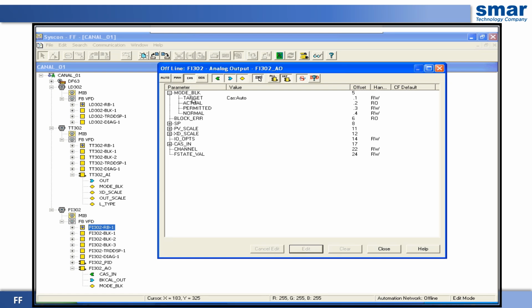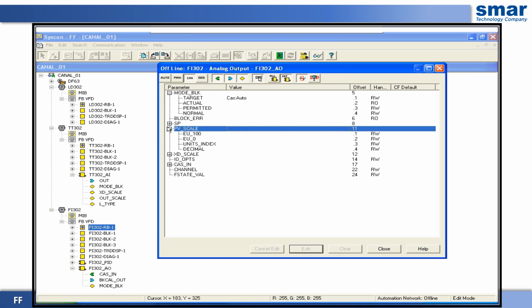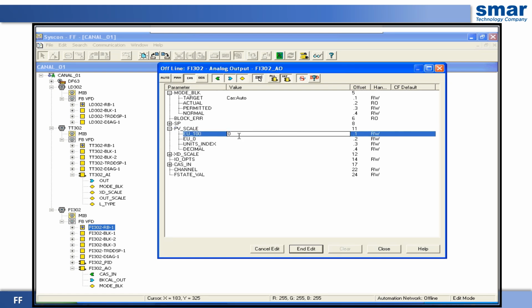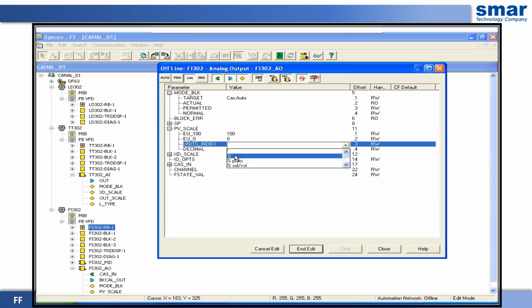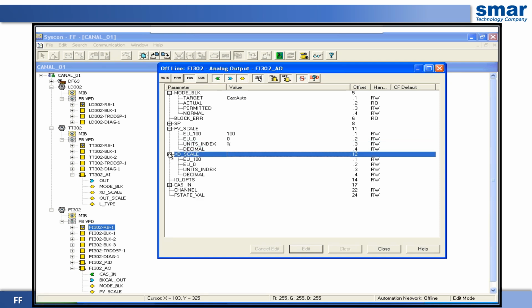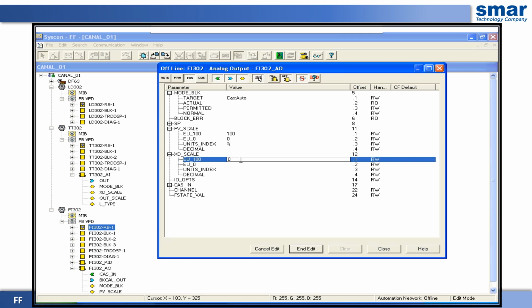Let's open up the analog output block. In the target, let's configure high cascade, which is the option we will set for the analog output block. The scale should be set from 0 to 100%. If we are going to work with the positioner, we can also set percentage.